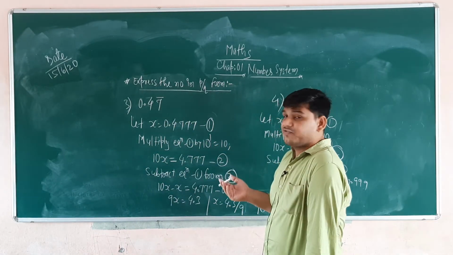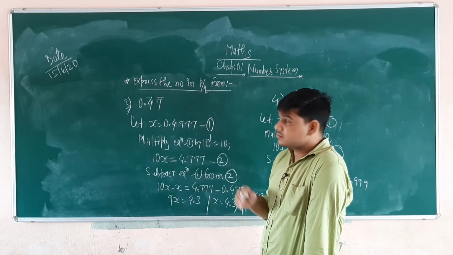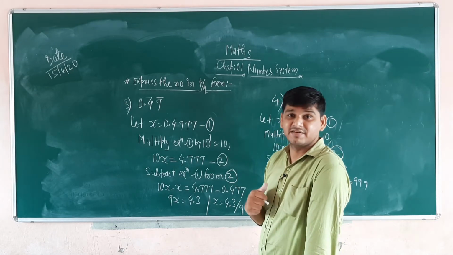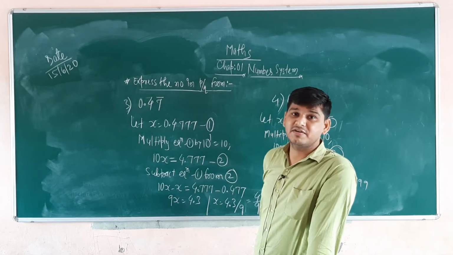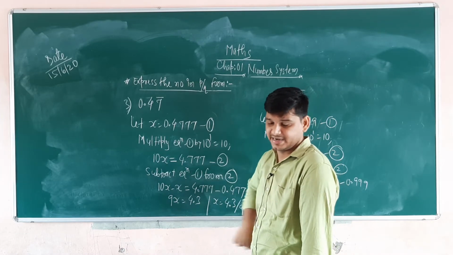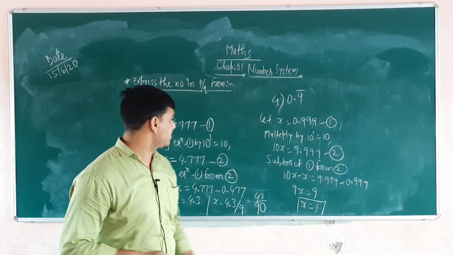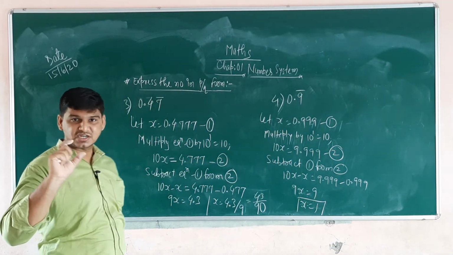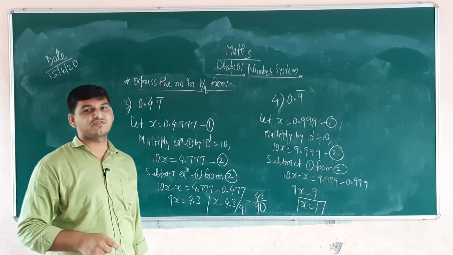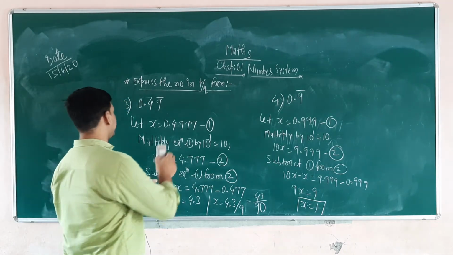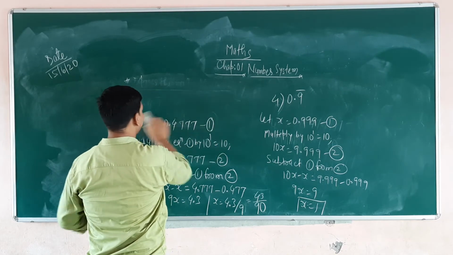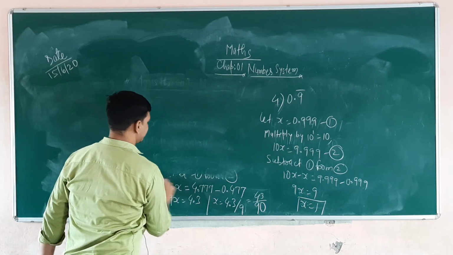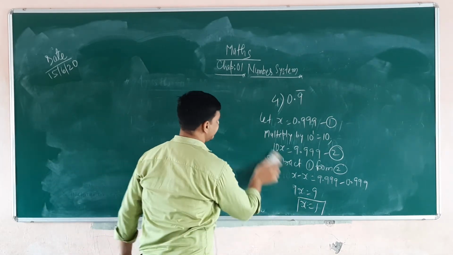Now if a bar is not given and a fractional number is given and it should be converted in the form of a decimal, how can it be converted? Next, I will take an example where a fraction value is given and it is converted into decimal form. I will take another example for that. It is very easy, as a part of division.